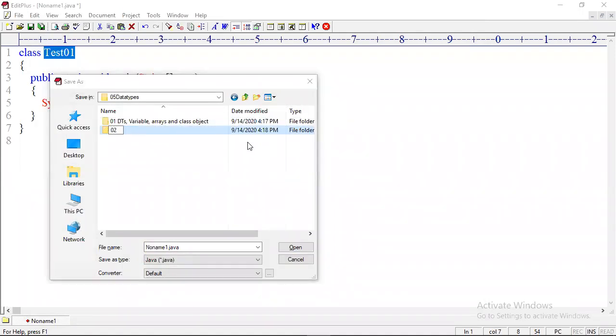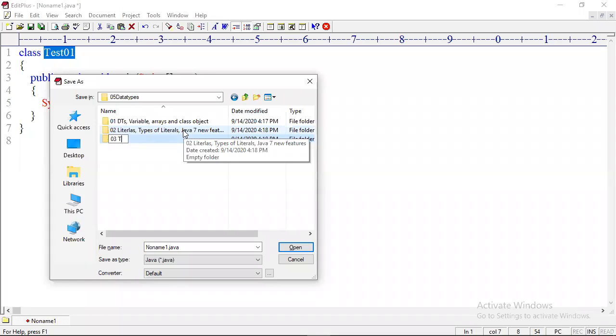Also, we are learning the second topic: literals, types of literals, and Java 7 new features. Next, the third topic: type conversion, casting and promotion.